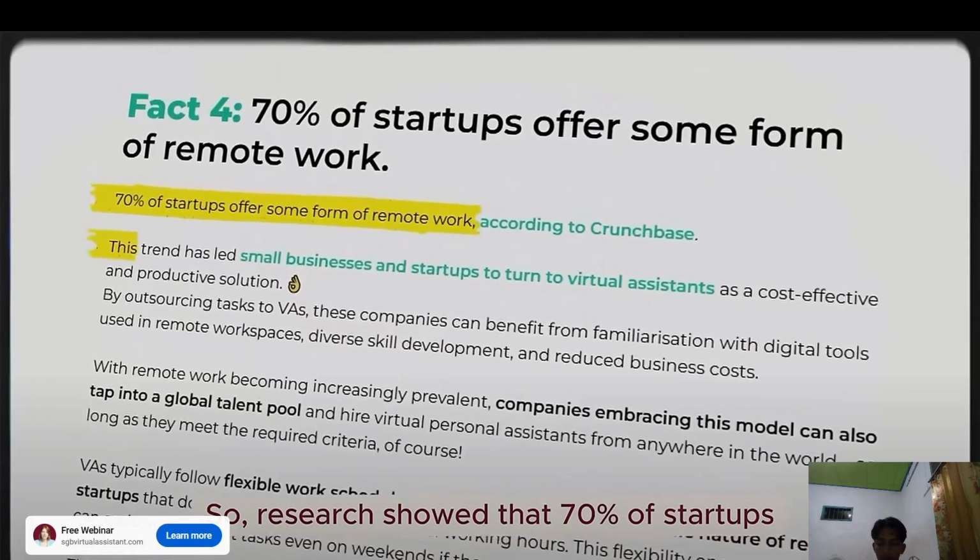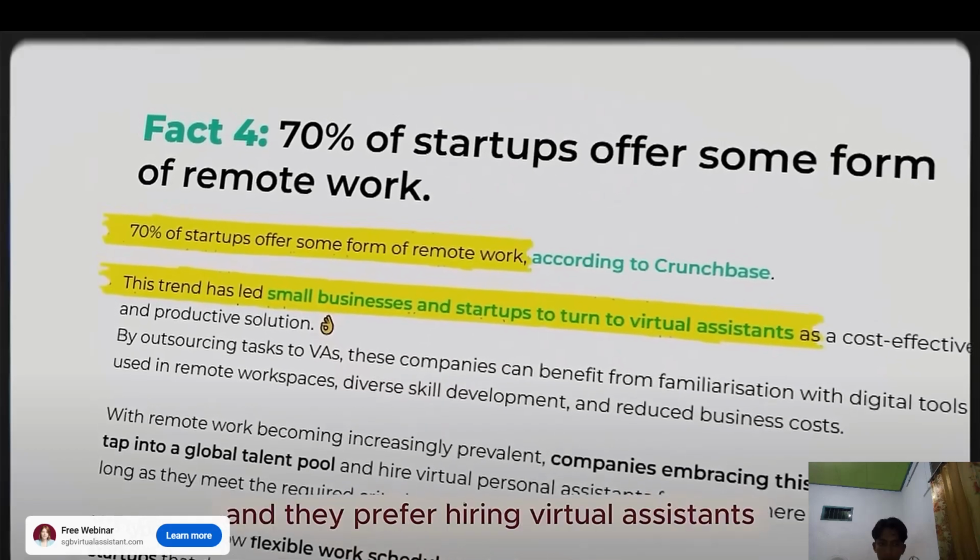So, research shows that 70% of startups offer some remote work and they prefer